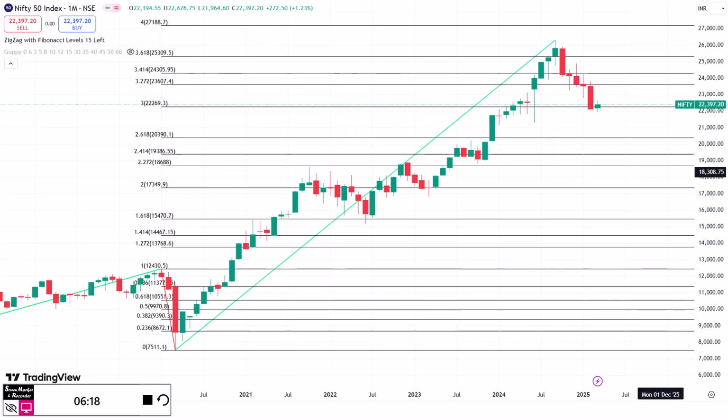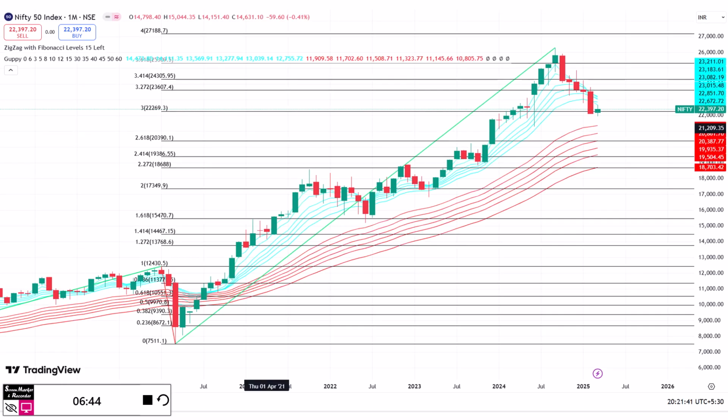Now, this is a big question. If Nifty is not able to sustain this level of 22,400, then no one can negate the fact that we are headed downside to 21,000, where we have a Fibonacci ratio of 0.61. And if it closes up, then the first resistance will come in the vicinity of 24,000. So this is how the Nifty is poised.